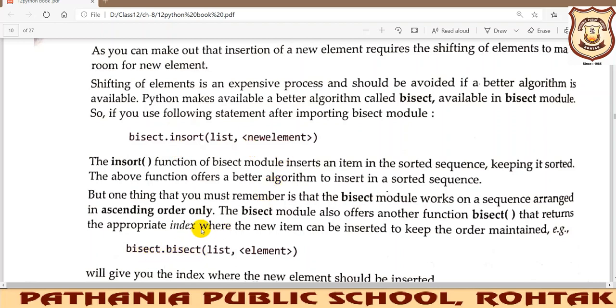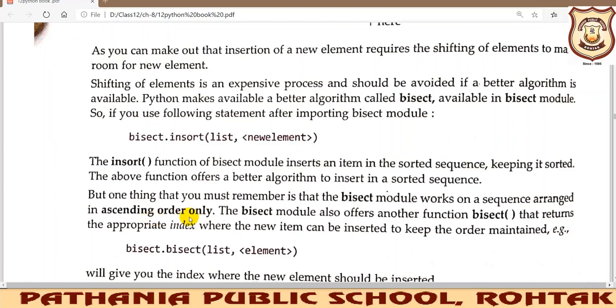But the main condition that we must remember is that the bisect module works only on a sequence arranged in ascending order. If the list that you are using is in ascending order, then only it is going to work. If you are using descending order, the bisect function will not work unless the list elements are in ascending order.